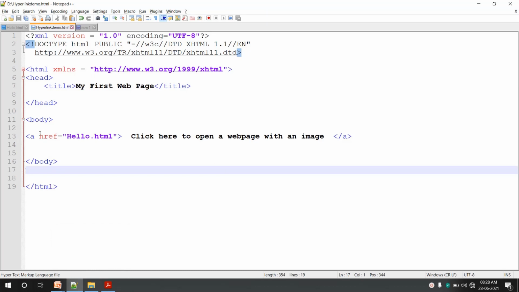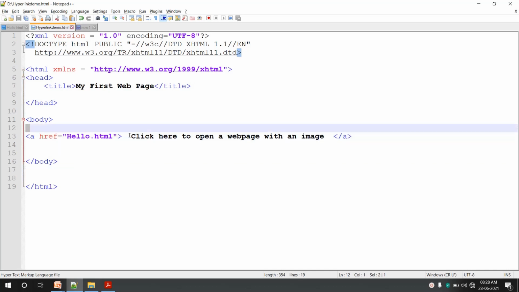Okay, now we will see an example to link to a part of a document. In this particular example, we are linking to a completely new document, and this new document will be linked at the beginning, meaning the first part of that new document will be displayed. Now what we will do is not link to a separate new document, but link to the same document or a part of the same document. How can it be done?